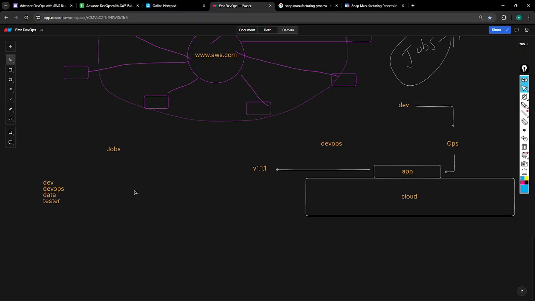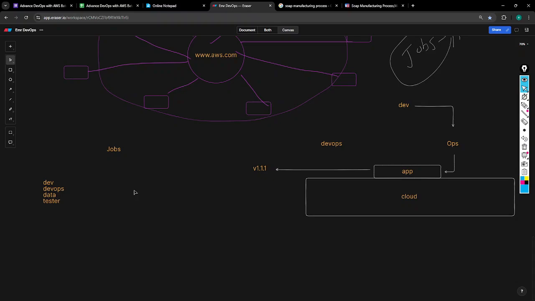These candidates are revenue generators. If these engineers work, the business runs and they get the profits. Otherwise, no. Imagine if a developer is not there, will the product be ready? Imagine if a DevOps engineer is not there, will the product be successful and up and running on the servers in the cloud, or wherever the data center is?